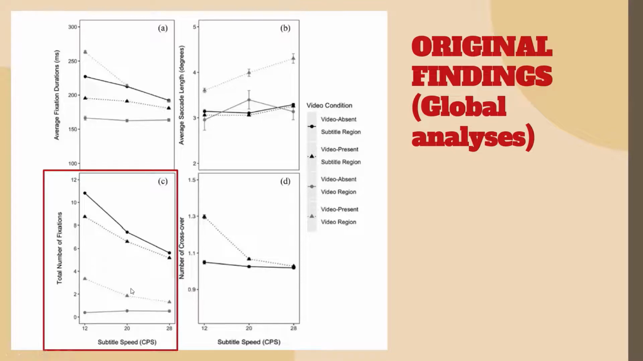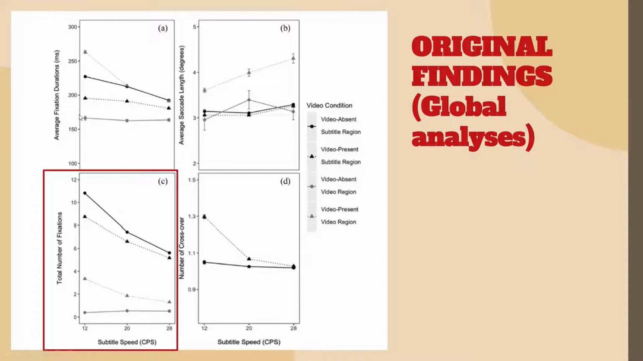Whether the video is there or not matters less in this particular case. But of course, if the video is not there, then the total number of fixations on the subtitles will be higher because there is no video to look at. The moment we add the video, this line is still lower than this, so the fixation number decreases, but people are still